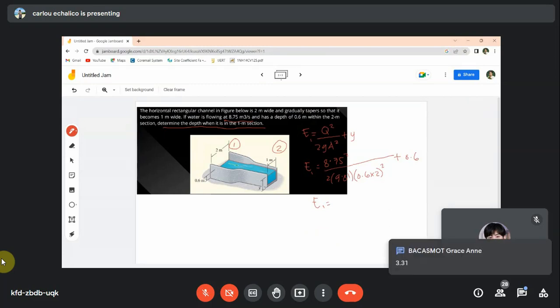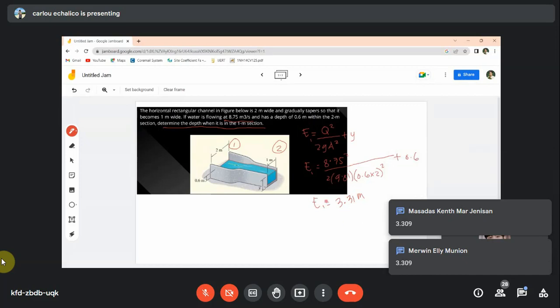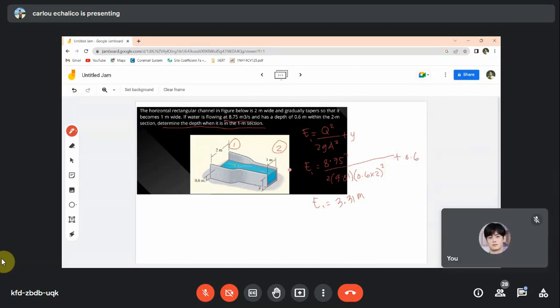3.31 meters, no? So the specific energy at section 1 is the same as the specific energy at section 2. So we use this again, therefore 3.31